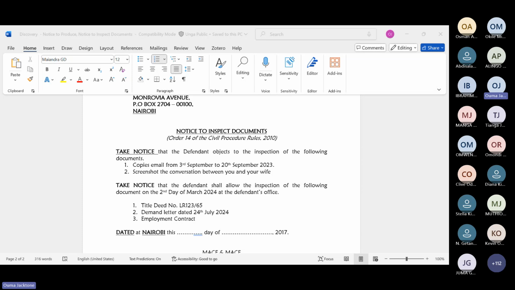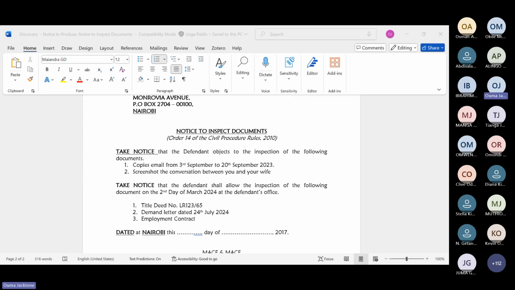So guys, for interrogatories, whatever you want, you have to make an application to court, a notice of motion, praying for the court to issue an order compelling the defendant or the plaintiff to provide additional facts on the following issues. Issue number 1, the date or the information regarding the accident. Issue number 2, the treatment or the details of the injury, details of ownership of the car. Then you pray for costs, and then you go to your grounds, which shall be the question, and then the affidavit.